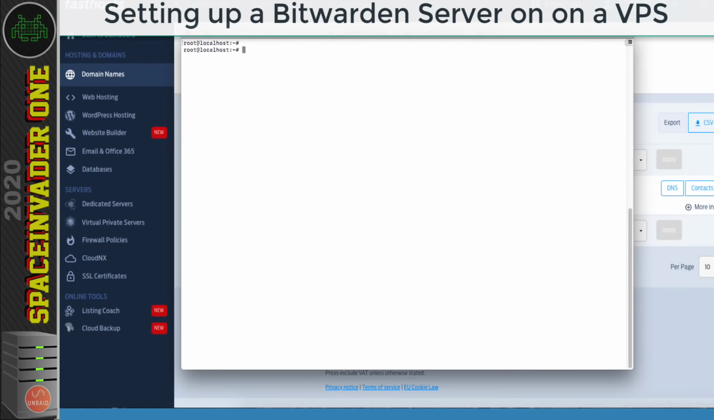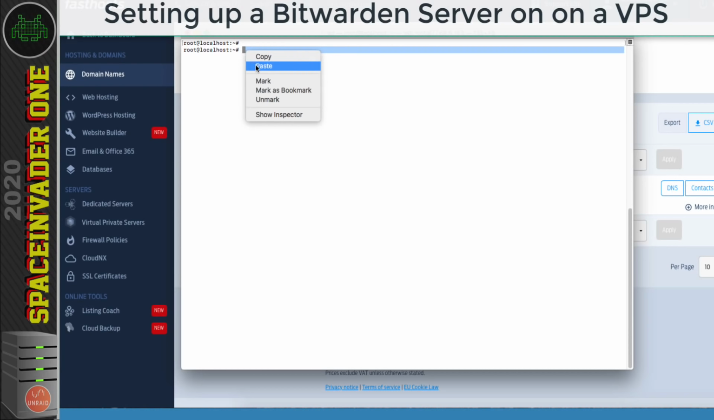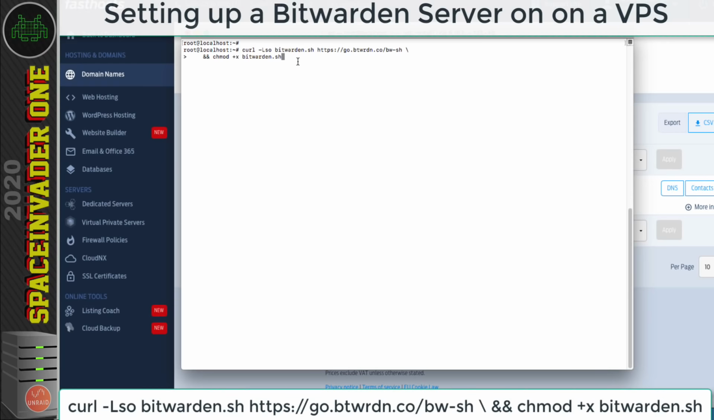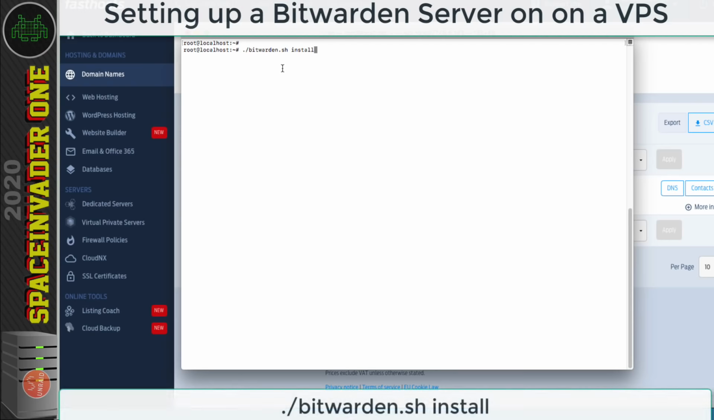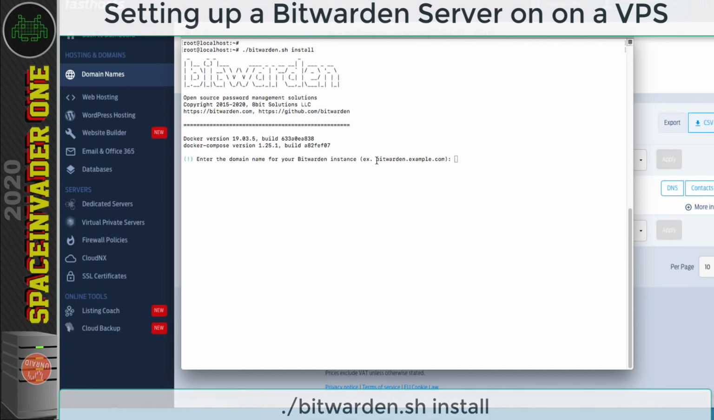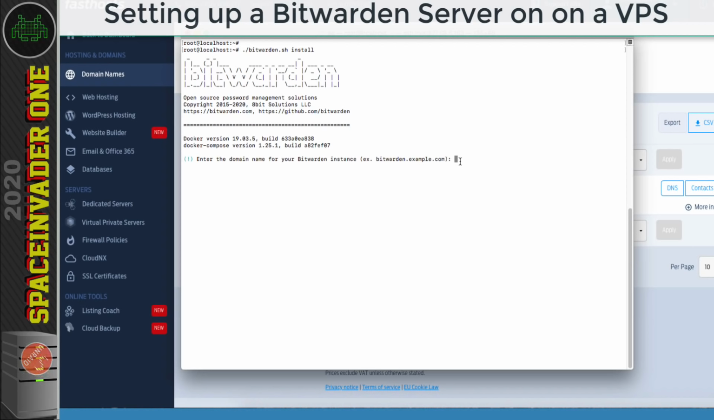Okay, so let's go back to our SSH window. Now the Bitwarden guys have made it pretty easy to install Bitwarden, and we can just do it by downloading a script. So basically paste in these lines here, and so that's downloaded our script and set the correct permissions. And so we just run the script with ./bitwarden.sh space install. And the first thing we need to do is put in our domain name. We need to put in the subdomain that we created earlier. So for me that's